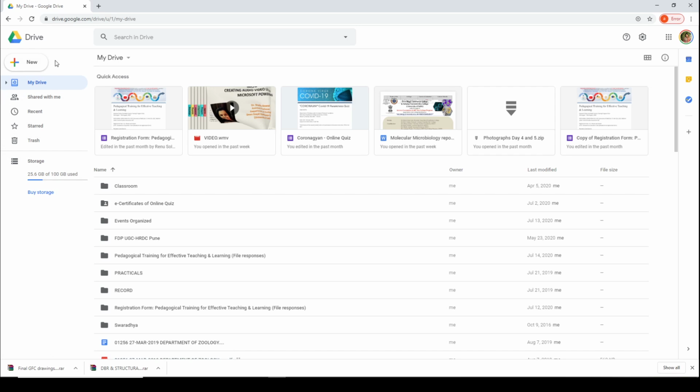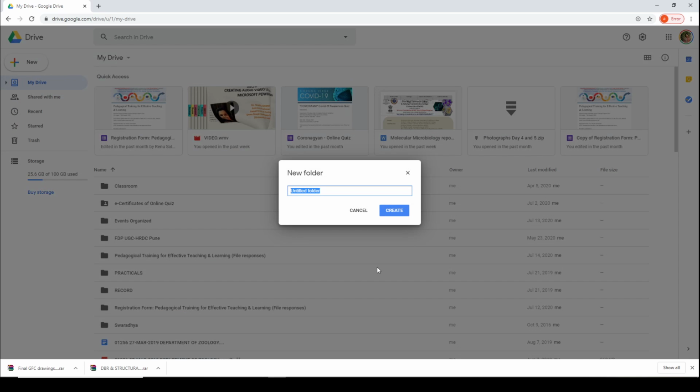Now here you see an option where it's written plus, or new. So you click on this option. So you can create a folder here. So the first option is folders. You can create a new folder. What I would suggest is that you create a new folder today itself on the first day of this faculty training program. So create a folder by the name of this faculty training program, because this will be useful for you to prepare any assignment or even submit the quiz. So you click on the create button.